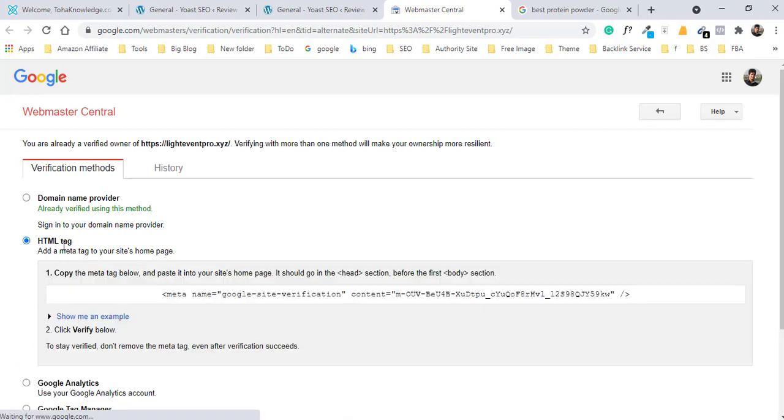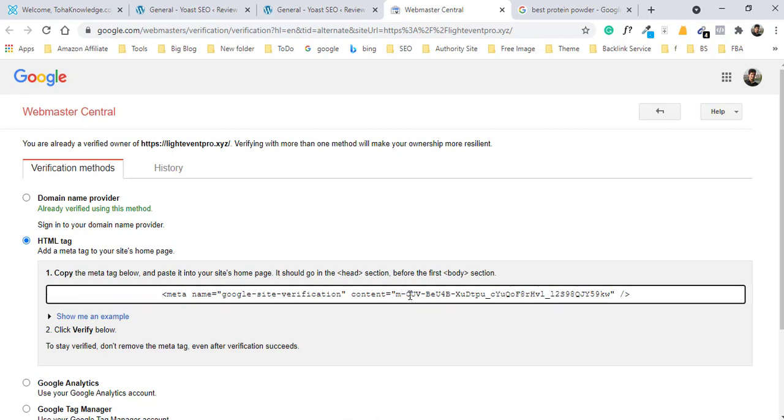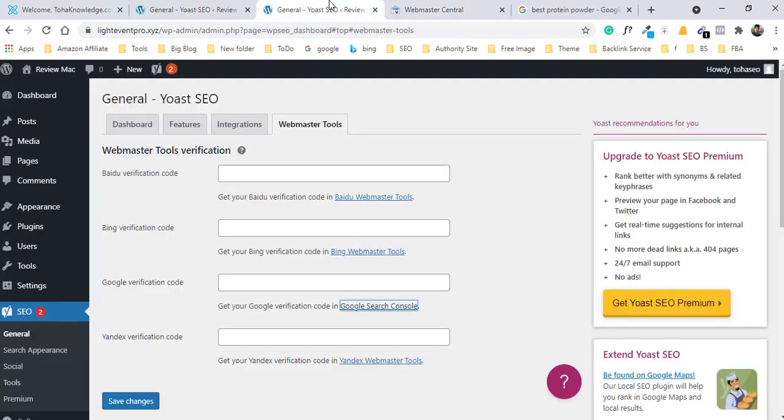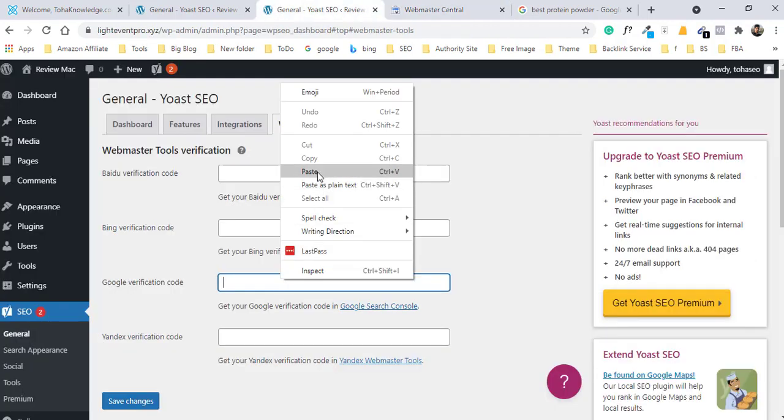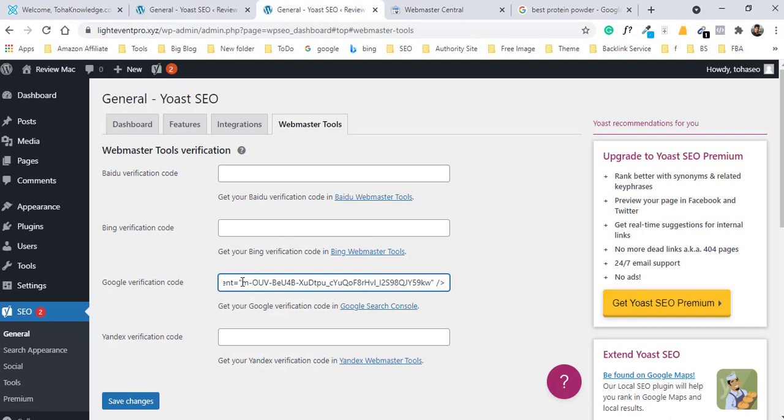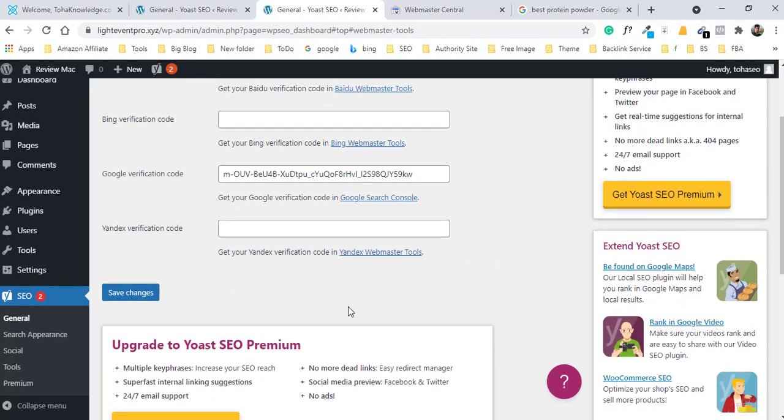Okay, select the tag option, and here you see the code. You can copy the code. I just copy the full code, and paste it, and I remove the other parts and save changes.